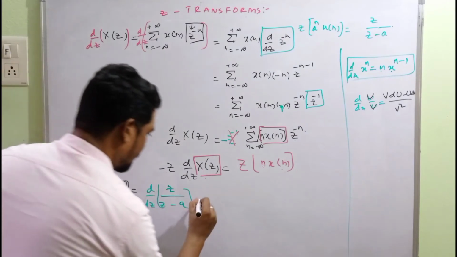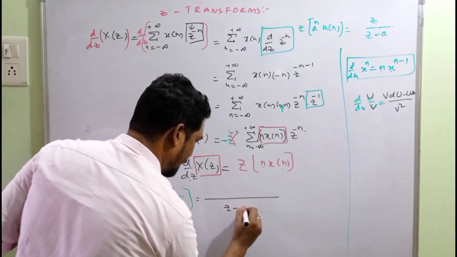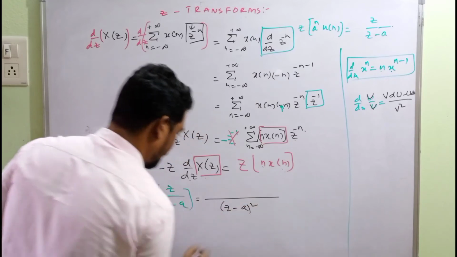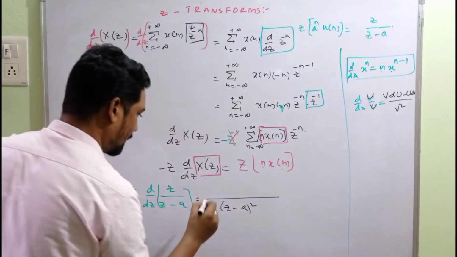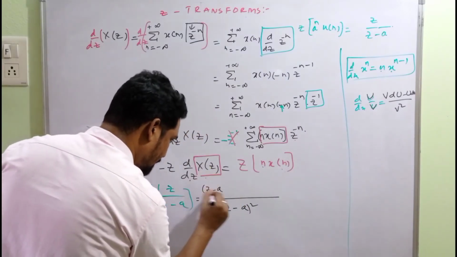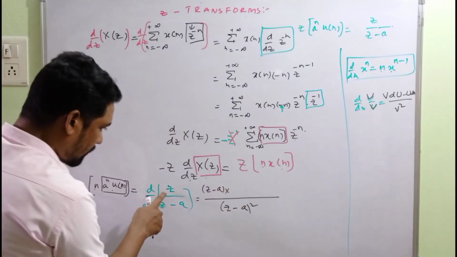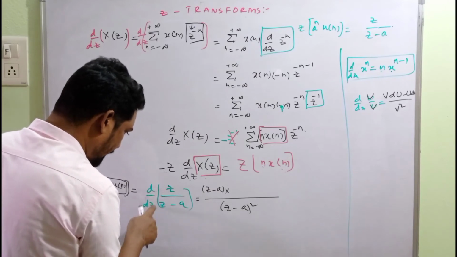In that case, here this is our v, so z minus a whole square, and v as it is, in the sense z minus a, into derivative of this one. So it's d by dz, derivative of this u, d by dz of z,